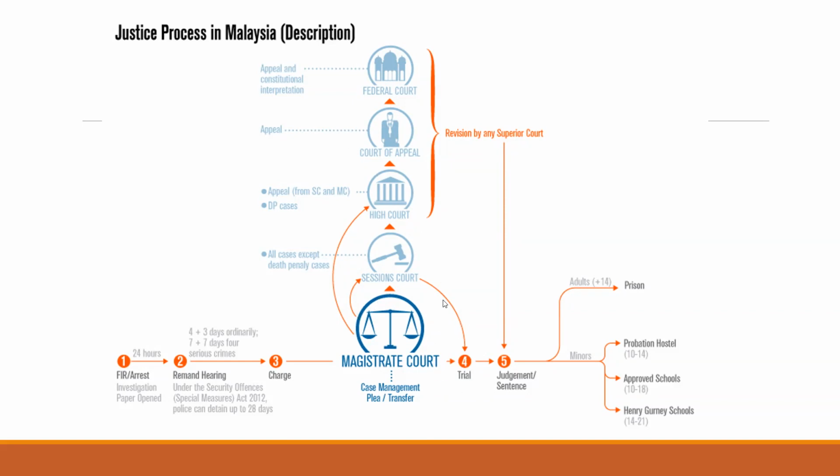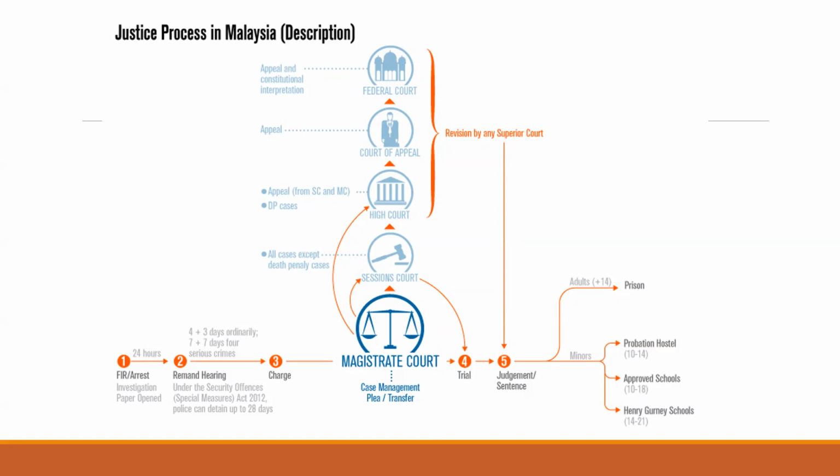Okay, can understand? If you're not happy with the decision, for example a judgment or sentence or order imposed by a judge, in Malaysia we have a two-tier system of appeal. That means from the lower court you can go to the High Court, and then from the High Court you can go one more level to the Court of Appeal. That is for lower court cases. In fact, most cases that exclude the death penalty will have the court of first instance determined in the session court or magistrate court.